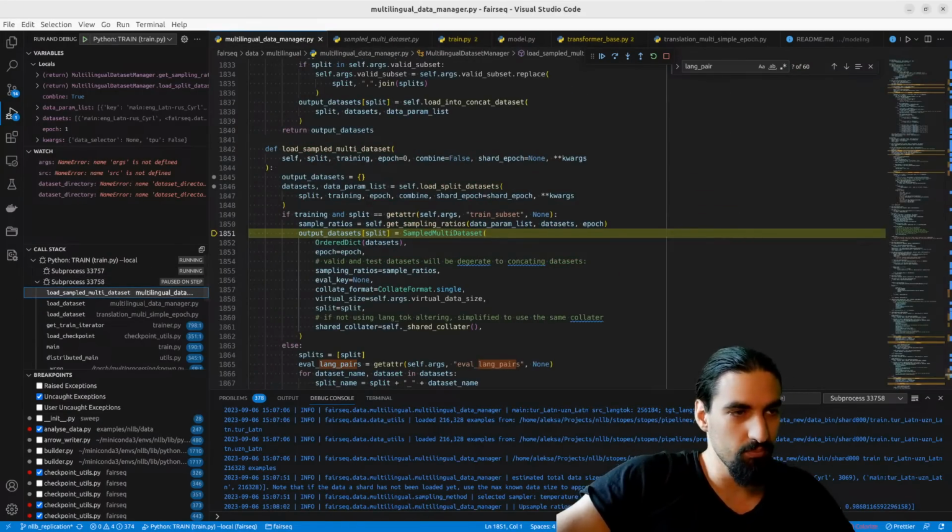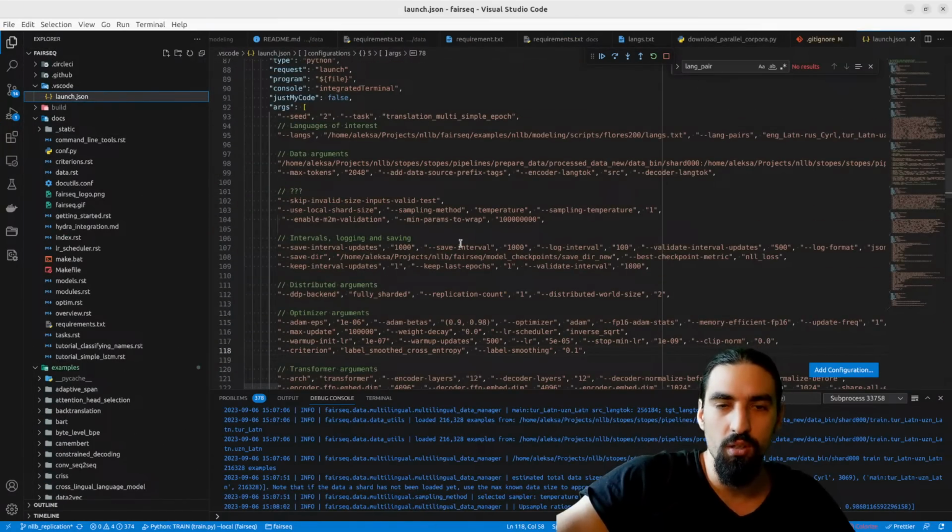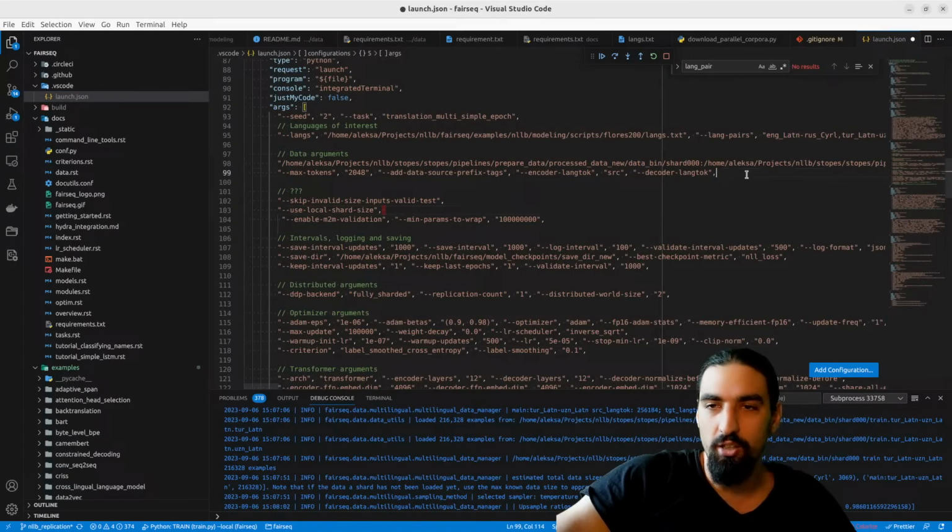Exactly. Okay, so let's go back to the long JSON. We are slowly understanding all the parameters. So these two are obviously data arguments.